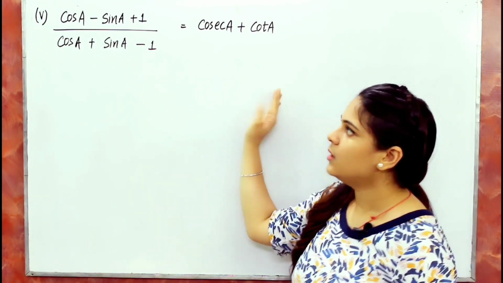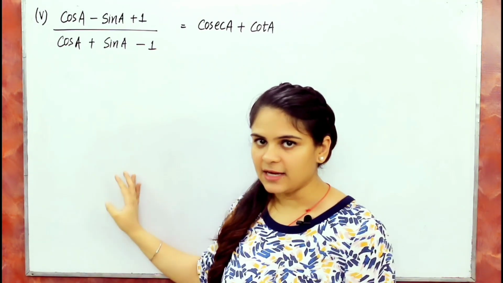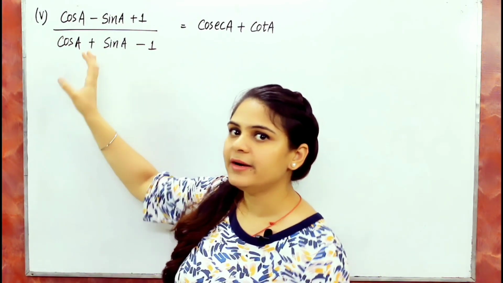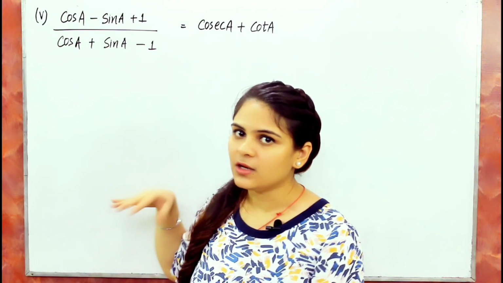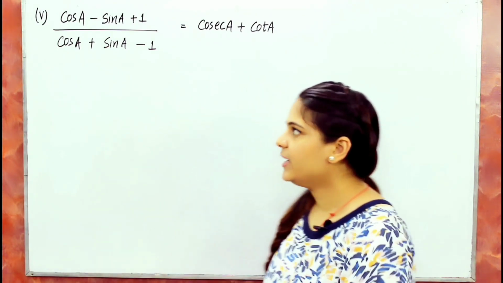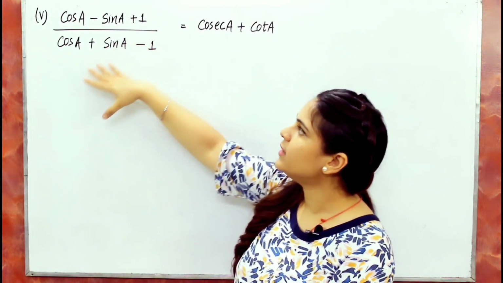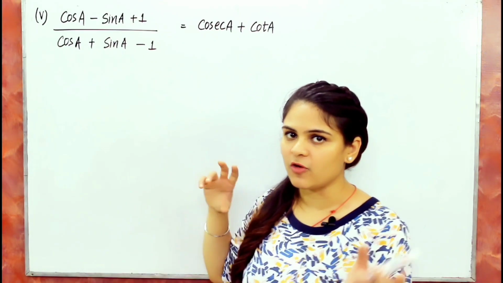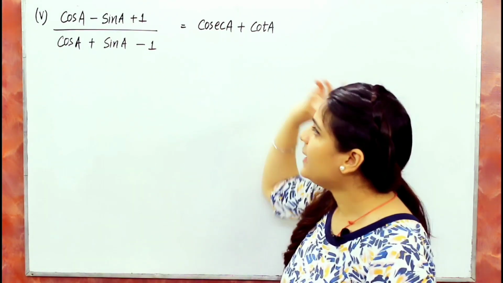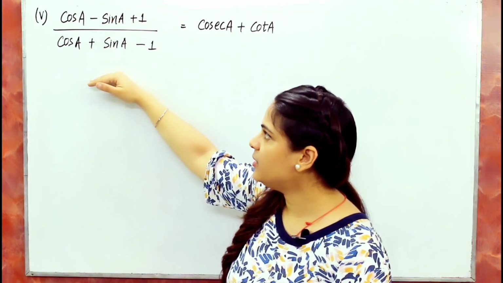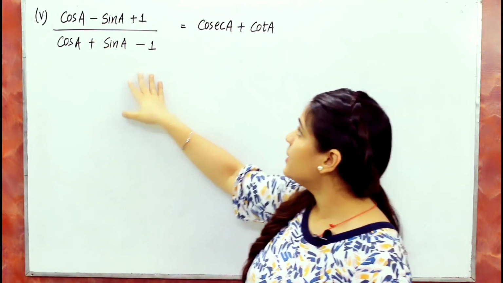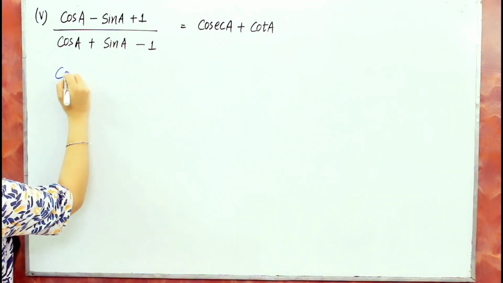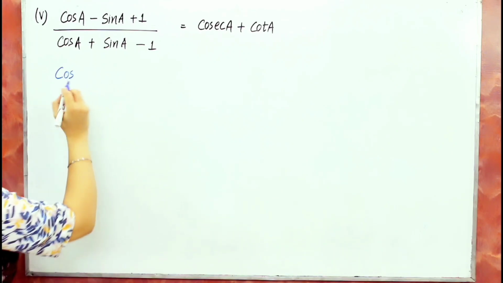We are going to solve the LHS first, and if you see, the LHS is already in the form of sin and cos, so we cannot modify it further. What we can do here is convert it into another form, because ultimately you want your LHS to be in the form of cot and cosec. So by dividing the numerator and denominator by sin A, you will get cosec and cot in LHS. Let's do that. So I am dividing my numerator and denominator by sin A.